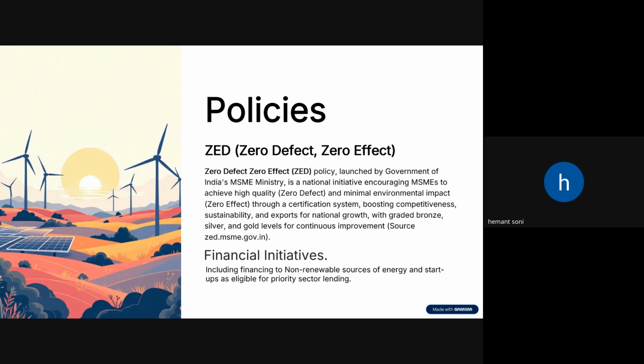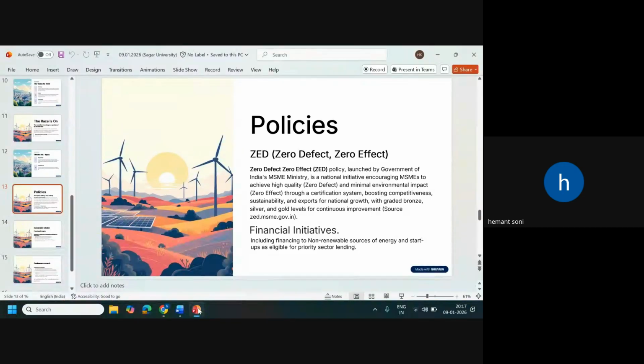Also in exports, about 40% of the exports done by the Indian economy, they are actually done by,